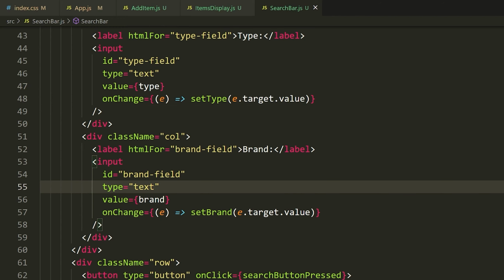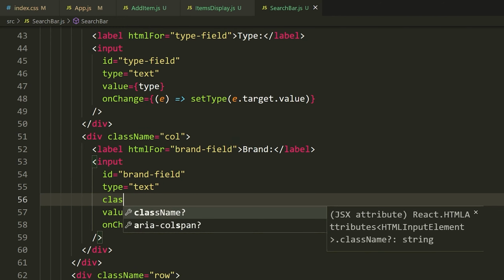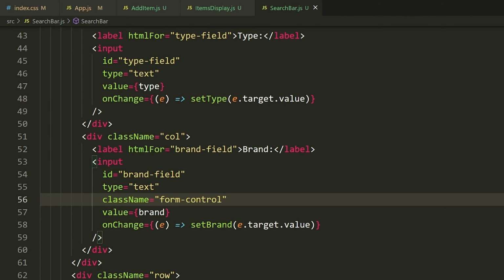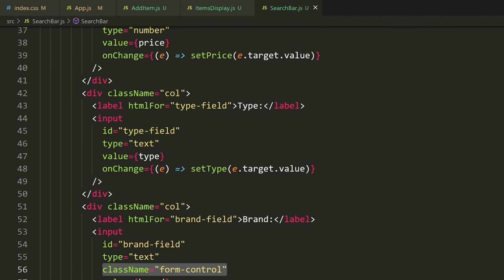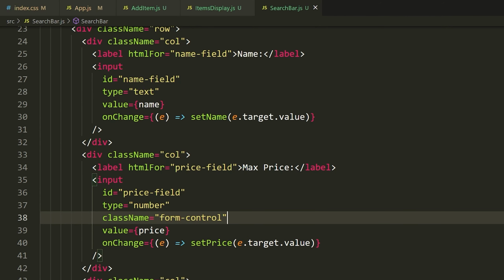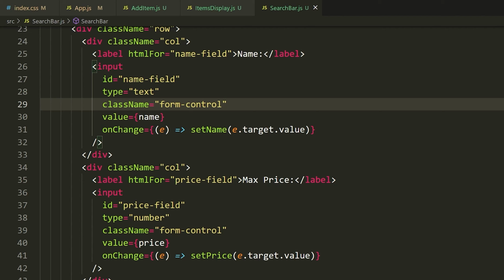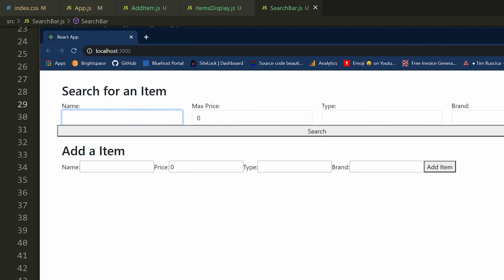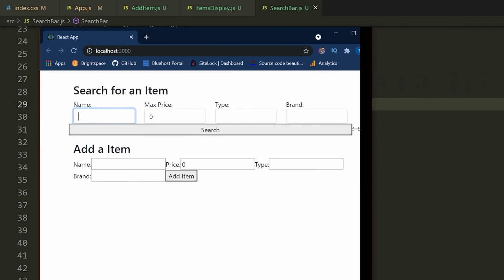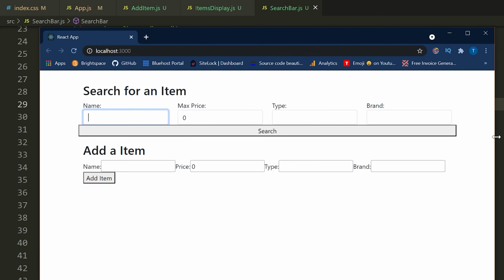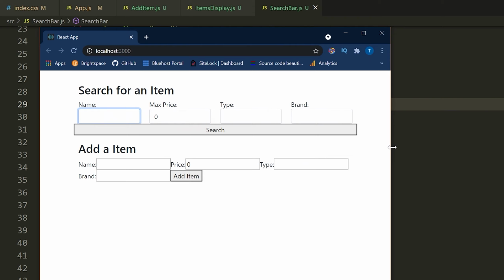What we're going to do is add a className to all of our input fields. So we're going to say className is equal to, and this className is simply going to be form-control. Now, when you do this, it's just automatically going to give a default style to all of these input fields. So I'm going to add it to all of the input fields here. And you'll see that immediately they're just going to look nicer. So if I go here now, notice that we get these nice round edges. Things are just looking a bit cleaner here. And now notice how they're going to change size as we keep moving this in and out, right? So they actually get smaller and larger, which is what that class will help them do or allow them to do.